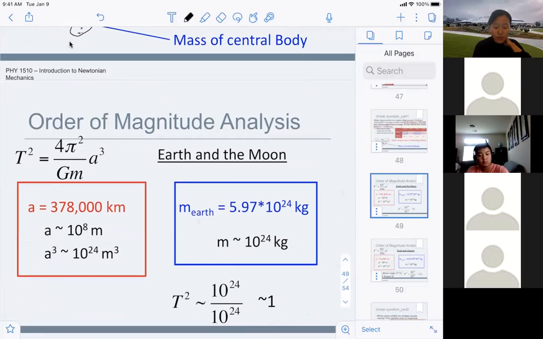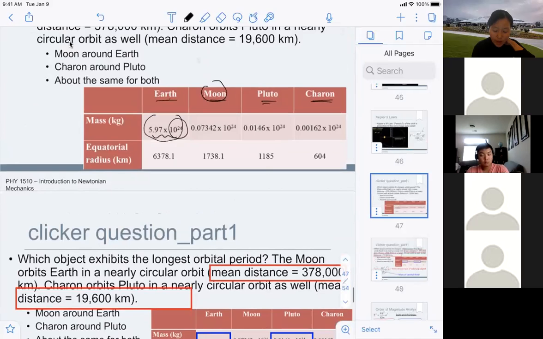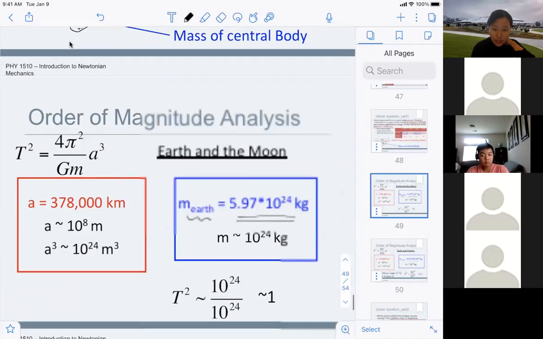So we'll start this order of magnitude analysis looking at the first pair. The first pair is Earth and the Moon going around the Earth. You can see the Earth's mass is given, so go back to where they give you Earth's mass. And all you need to write down is the order of magnitude. So approximately it's 10 to the power of 24